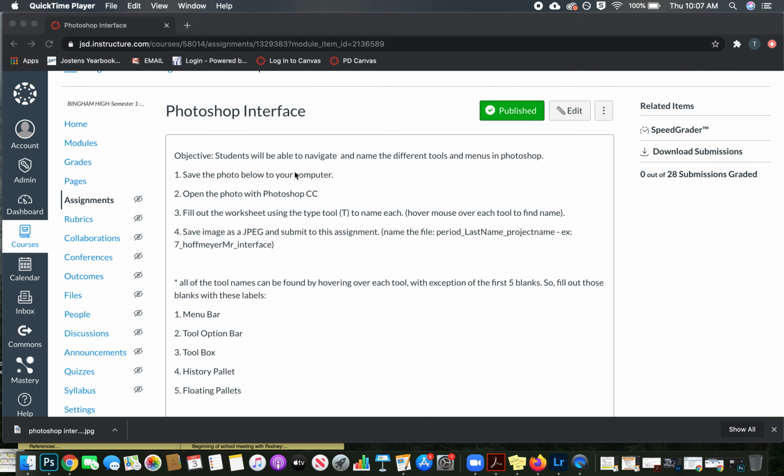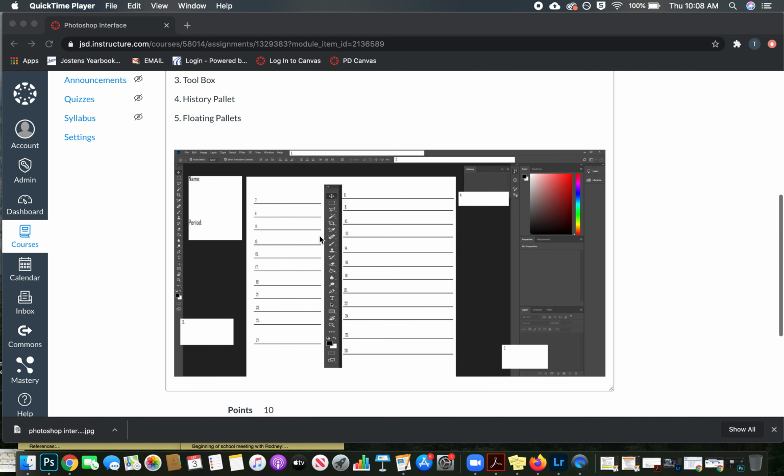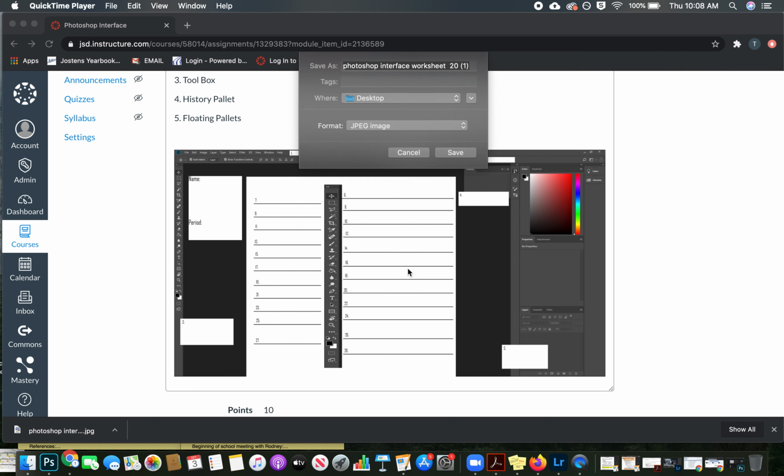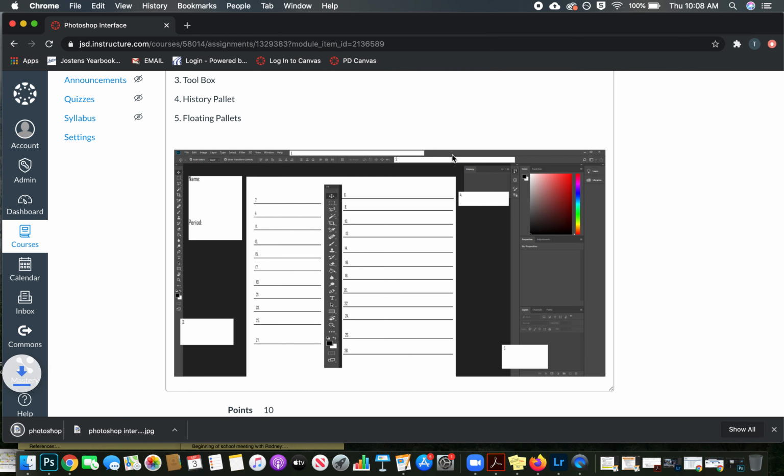So if I scroll back up, first thing I'm going to need to do is save that photo to my computer and open it in Photoshop. So I'm going to do that now. I can do that by just right clicking on this image, and then I'm going to click Save Image As, and then I'm going to just go ahead and hit save. I'm not going to worry about changing anything because it will actually just pop up the image right down here,